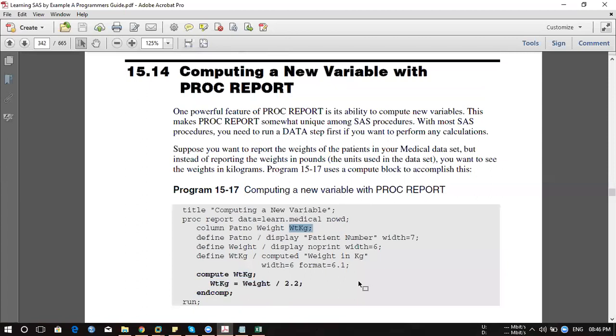Then you can create it within the block section, which is nothing but the compute block with endcomp. This is the opening of a block, this is the closing of a block, and this is the variable you are going to create, and the calculation for this variable. To display that variable, you need to define it here as computed.